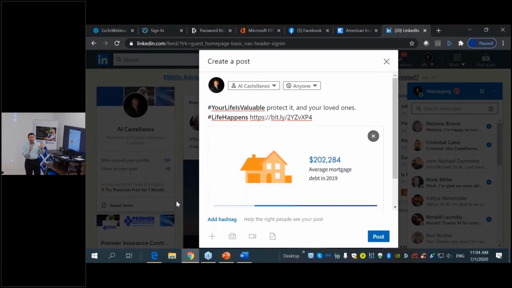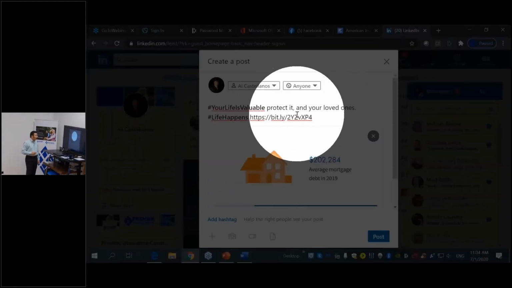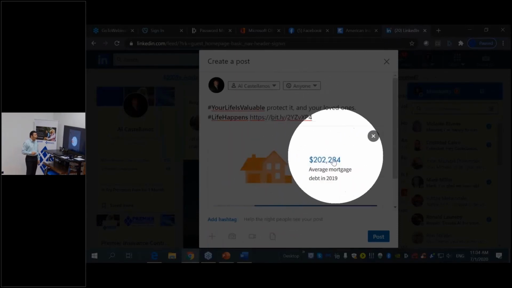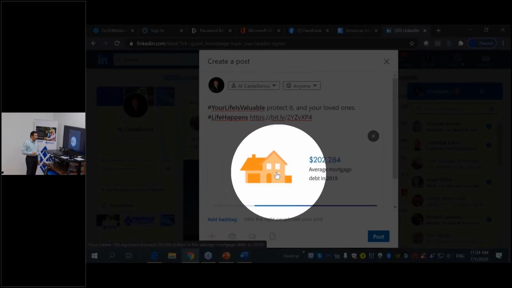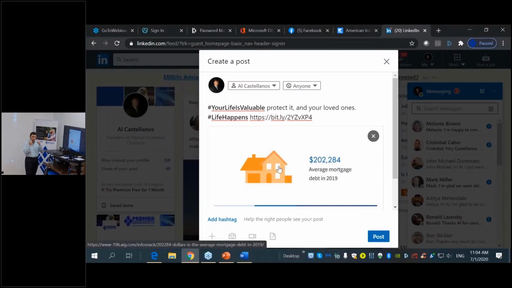And when you are in the editor, if you place a bit.ly shortener, it will execute that order and it will pull the image. So you need to make sure that you see the image in the editor. If you don't see the image in the editor, you did something wrong. You didn't copy the totality of the message that you needed to copy.